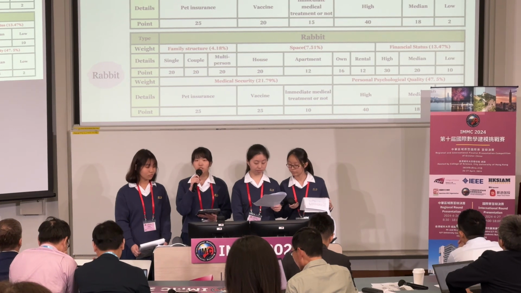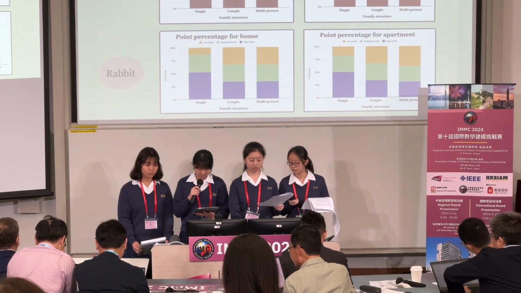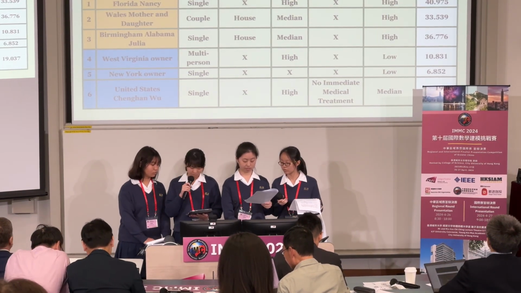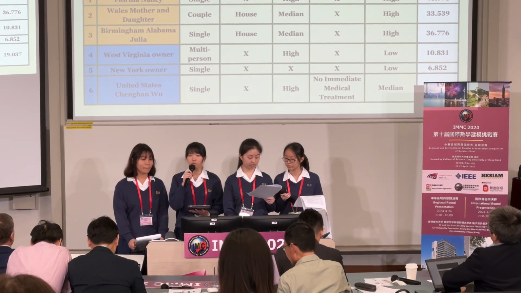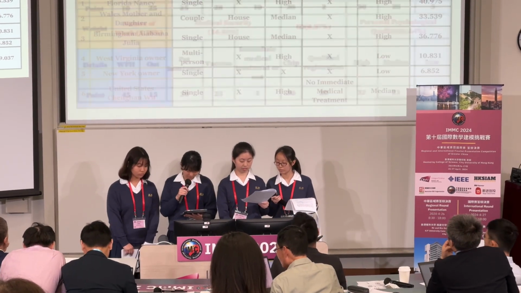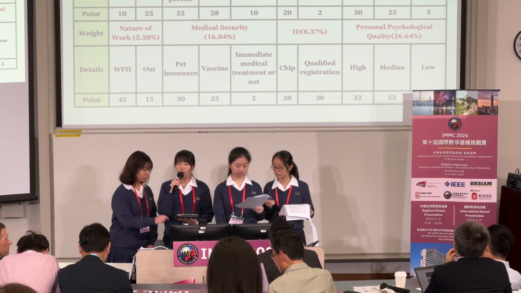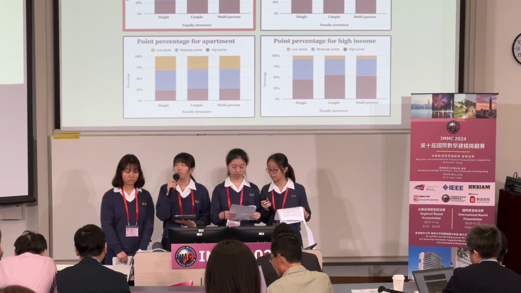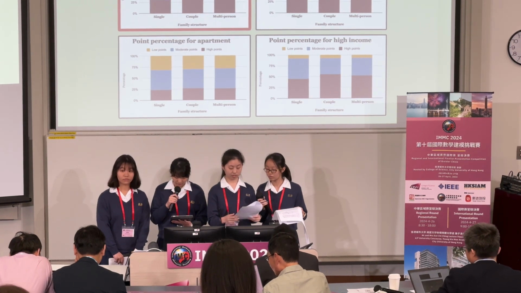However, points are still adjusted based on the different details. Using our unique calculation method based on the 6 examples, we calculated weighted points for good and bad pet owners, finding that good owners have higher points, while bad owners have lower points. In this chart, points are adjusted based on the stability of indicators. In this diagram, it shows couples who live in houses obviously have higher points than others.